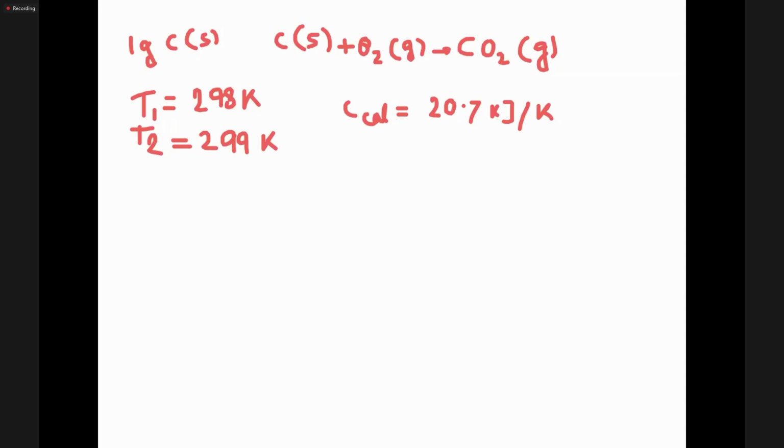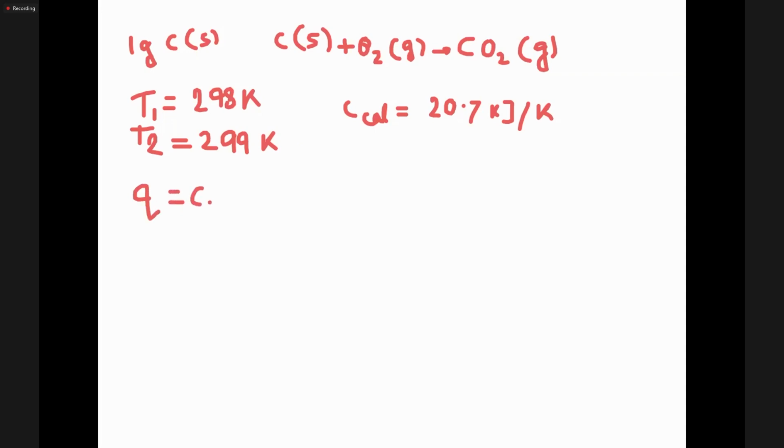C of the calorimeter is given as 20.7 kilojoule per Kelvin. Now we have to calculate the enthalpy change for the above reaction. So suppose we have Q amount of heat that is evolving from the reaction mixture, and Cv is the heat capacity of the calorimeter. Now the quantity of heat that will be absorbed by the calorimeter